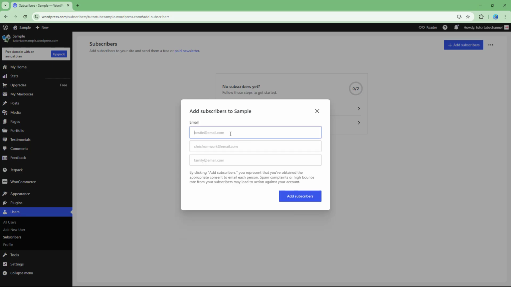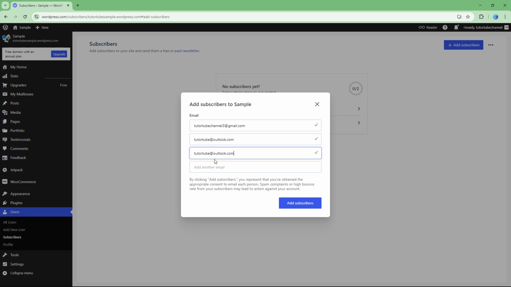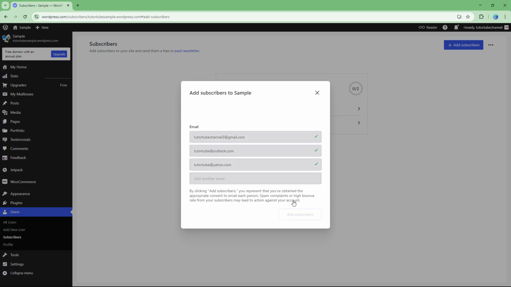right here. For example, I'm going to go ahead and type in YouTube channel 3@gmail.com right here, just like this. Let's just go over here. So I'm just going to type in tututube@outlook.com, just like this as well. And I'm just going to say tututube@yahoo.com right here, just like this as well, and click on